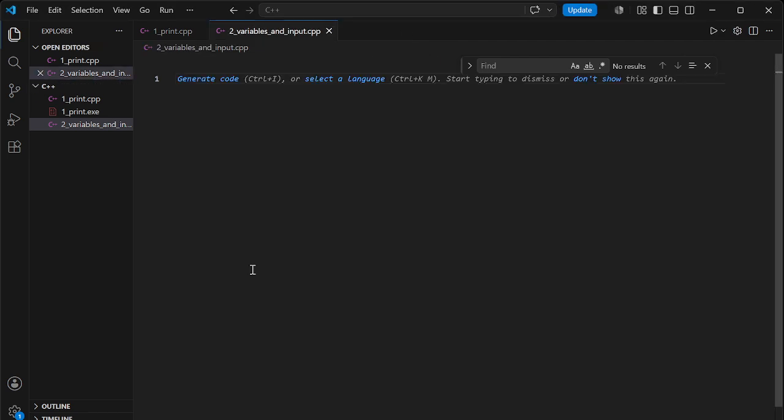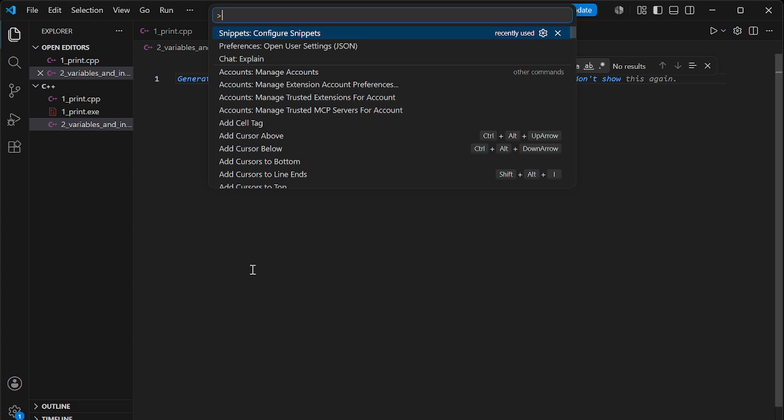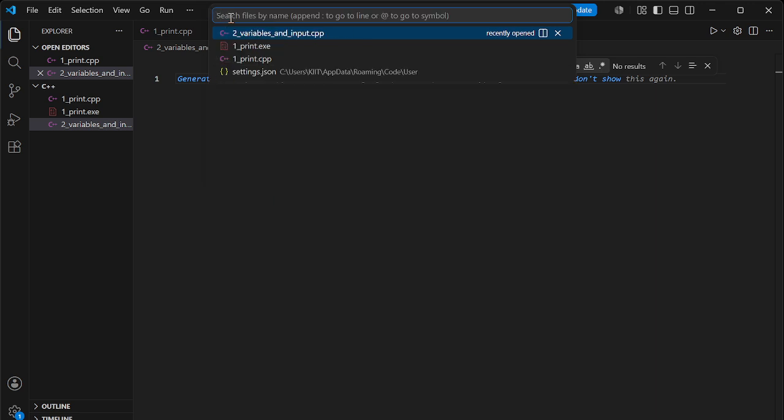Now, going to the snippet, there's one more way, which is by going to the command palette. Ctrl+Shift+P. This is a shortcut for going to the command palette. It is a good habit to remember hotkeys in VS Code if you are a programmer. Now, as you see, if I remove this, then this empty search file, here only files will come. Commands are also there, but for commands you need to write